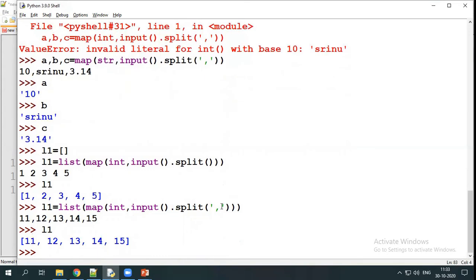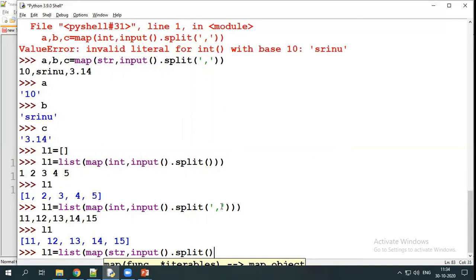Sometimes you can also read strings. Same here, for example, L1 is equal to list of map of str, input dot split. Close the map, close the list.